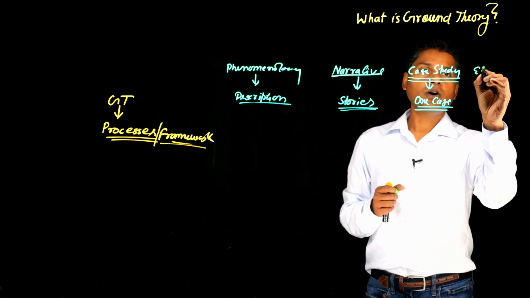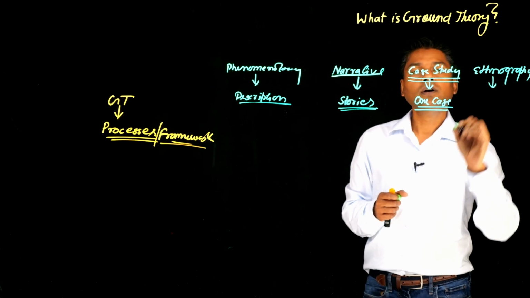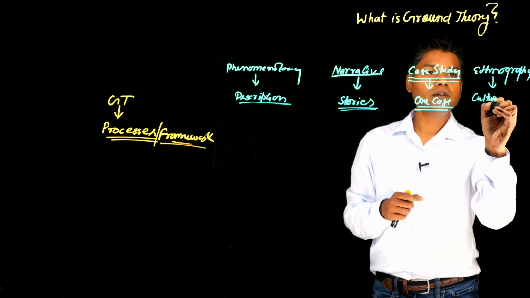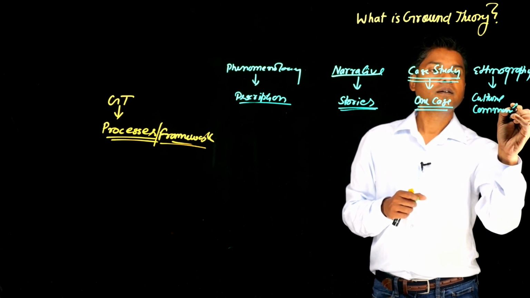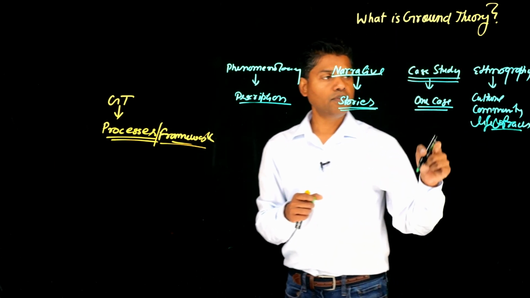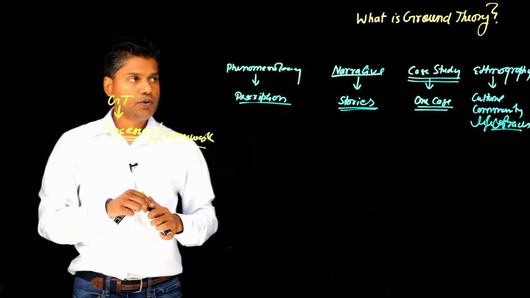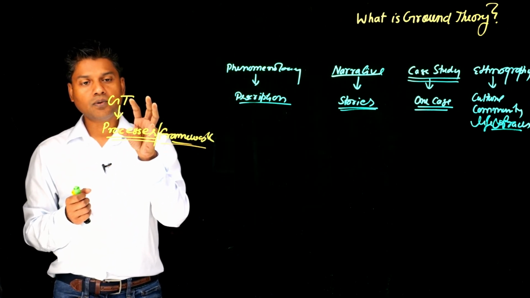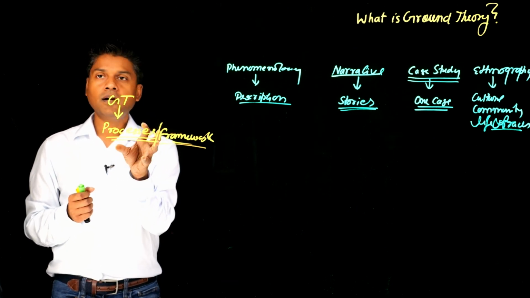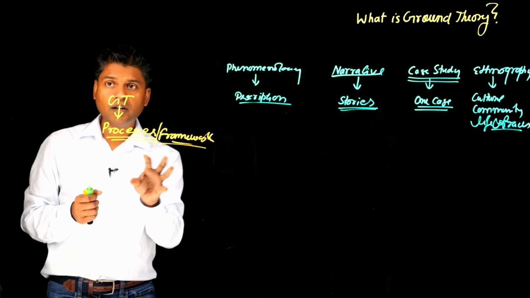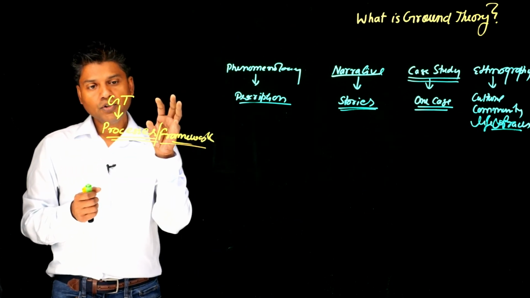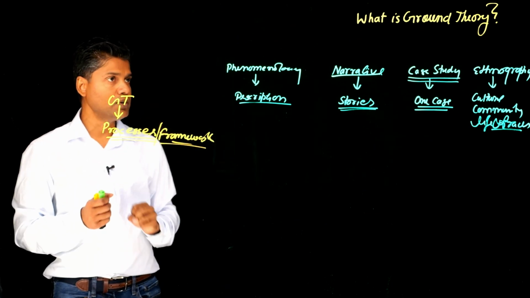Now, in ethnography, which is another popular qualitative methodology, the focus is on understanding a culture, community, life, and practices. So that's the focus of ethnography. You are focused on culture, community. So you see, grounded theory as a qualitative research methodology is focused on understanding the underlying processes in a phenomenon, understanding the framework that governs a behavior, understanding patterns that are underlying in a phenomenon. So you are focusing on understanding processes, social processes and patterns.